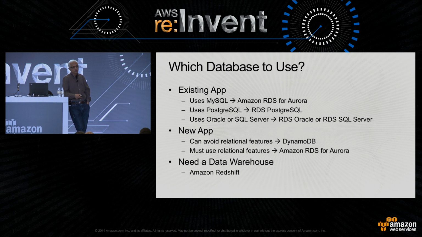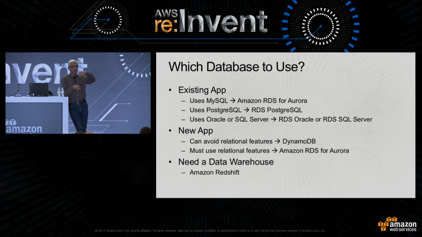And if you're building a new application, our recommendation is that you look at your application and see if you can denormalize the data and get away from using the relational semantics. If your application can support it, if you can do without joins, and so on, you will build an application that has scale built into it whenever you need it. So you don't have to worry about, oh my gosh, what happens if my app becomes very successful? Do I have to shard at that point?